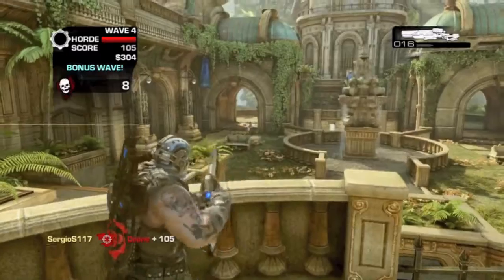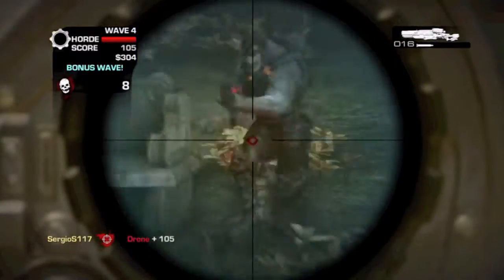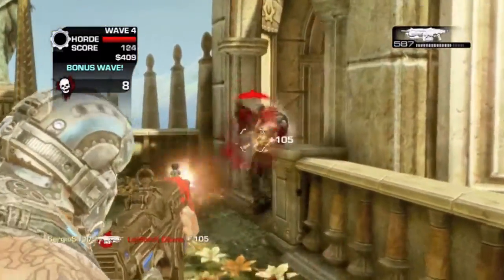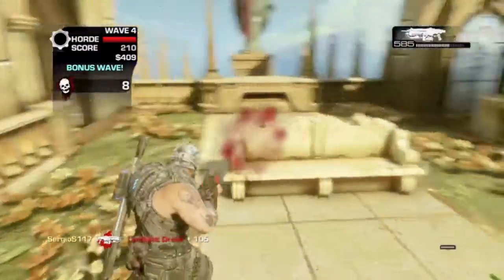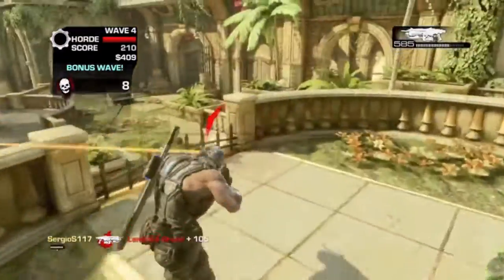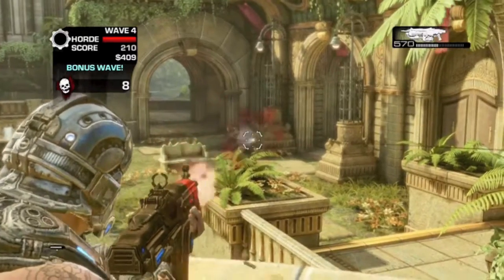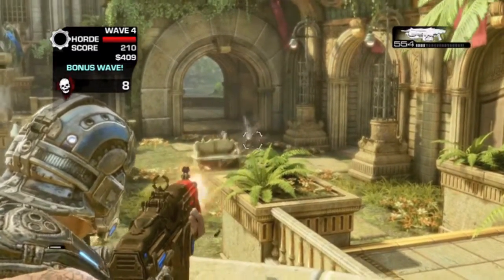It records in standard definition, but it lets you game in HD, which is actually pretty cool. So while you have a high definition image on your HD TV, you're still recording your gameplay, although it's going to be in standard definition and audio tends to lag a bit with Roxio Game Capture. But the Roxio Game Capture is like